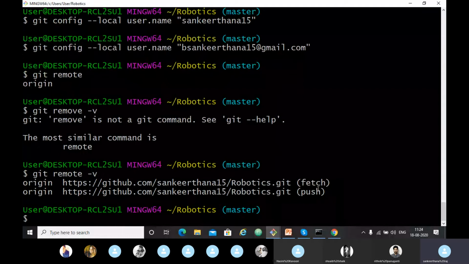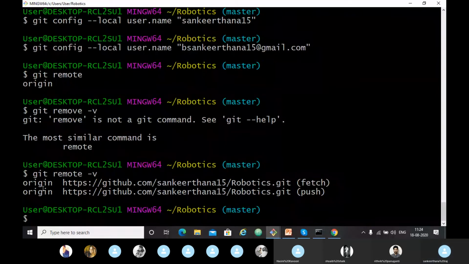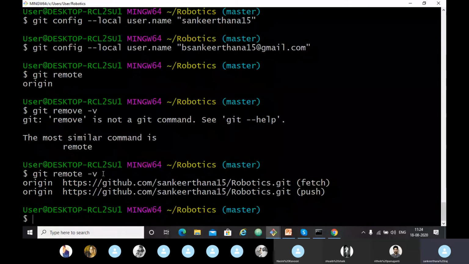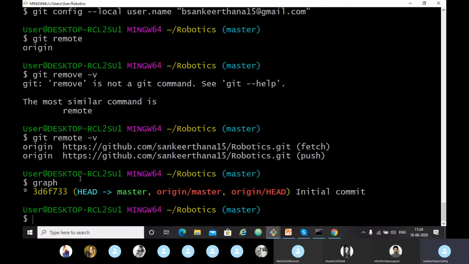So now let's see the graph. Is it working or should I give it anew? Every time you use bash newly, you just need to type everything: alias graph equal to git log --all --decorate --oneline --graph. You need to type all that one line command every time you use Git Bash, and then you just have to type graph. You will get it. So here I use the graph, and here we can see our single commit, initial commit add readme.md file.